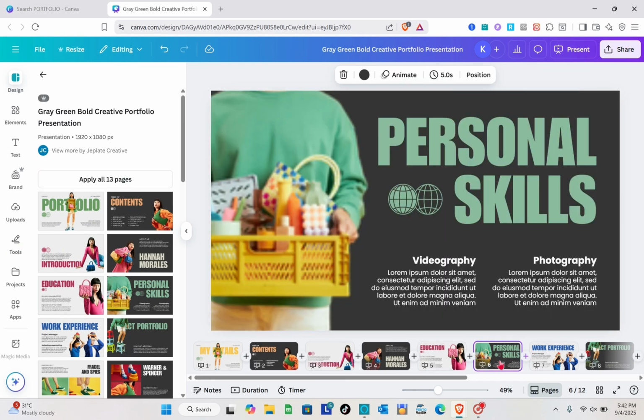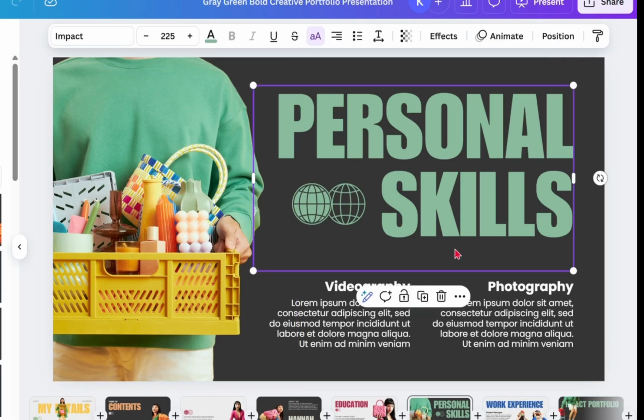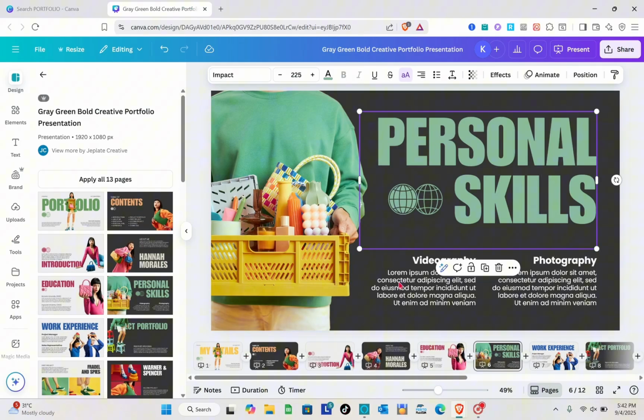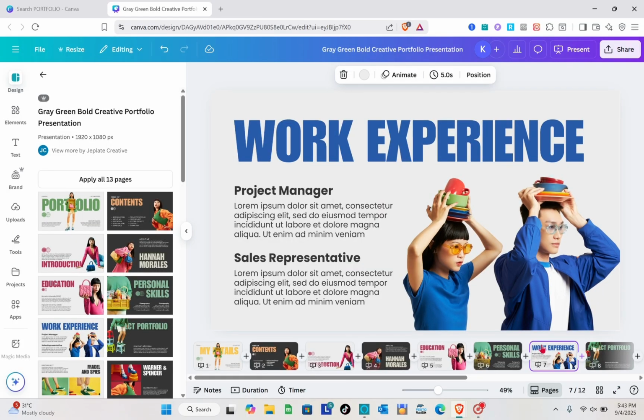Okay, and then of course your personal skills. As you can see right here, we have this image. So what I like about using a template is that you don't really need to build everything from scratch, so you'll have an idea of what are the things that you have to improve and what are the elements that you have to remove. Okay, and then of course for your work experience, you can just go here and then type out